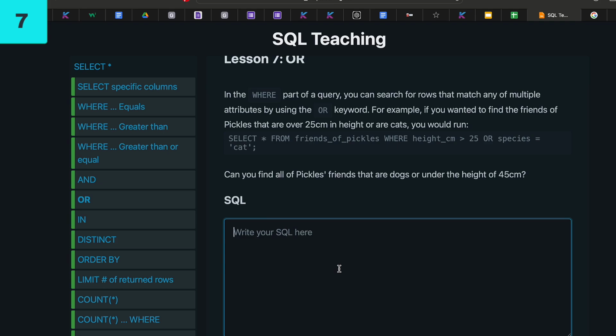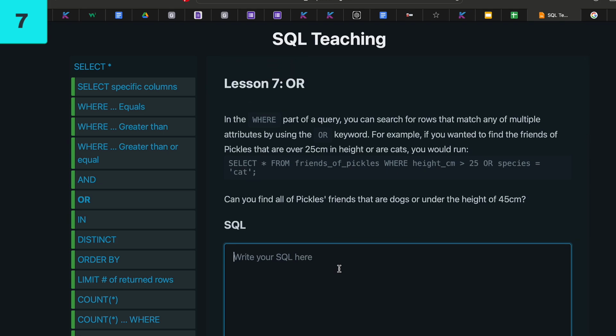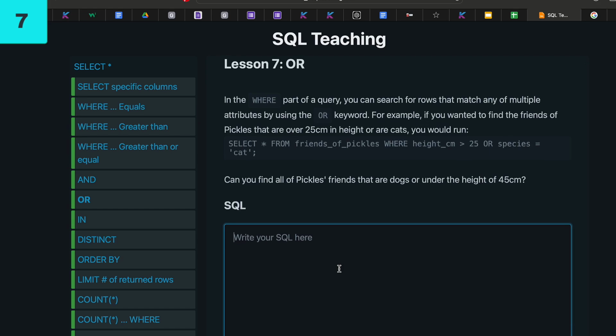Here's how to write our own SQL. It asks us, can you find all Pickles' friends that are dogs or under the height of 45? So first thing we type is select, and this selects all columns from that table, and then we type from friends of Pickles, and this specifies the table we are querying,